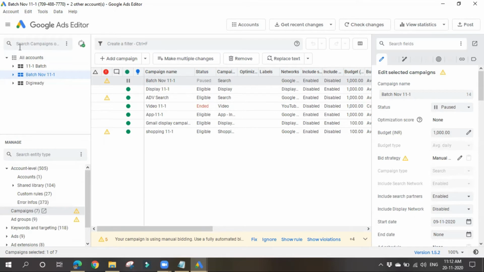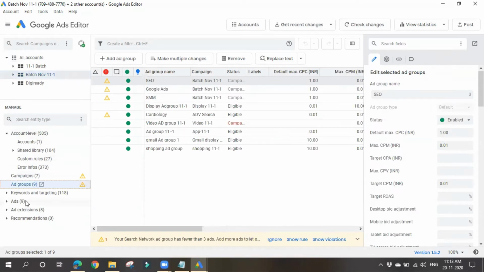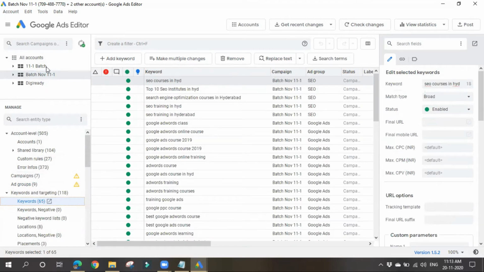On the left hand side, you are shown various accounts. In the bottom you can see various things, like the campaigns you have, the ad groups you have, and all the keywords. So you have to select here.